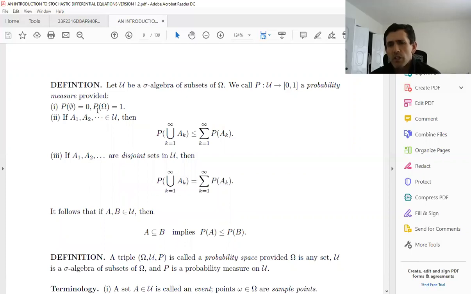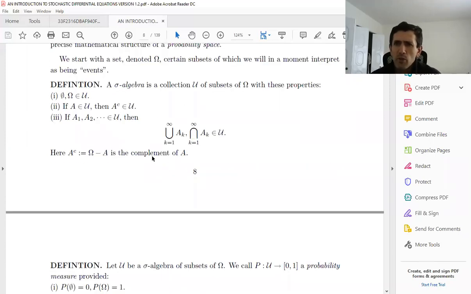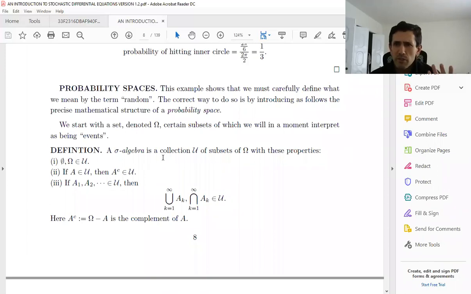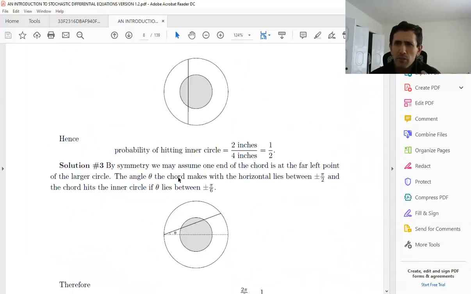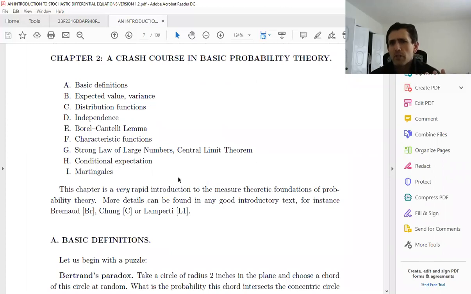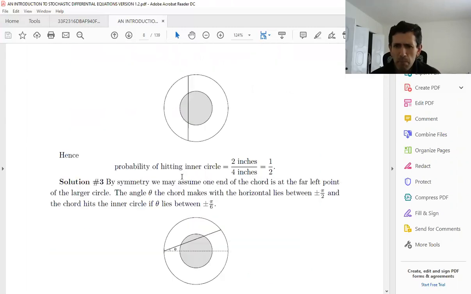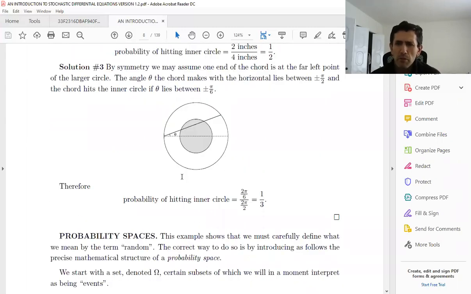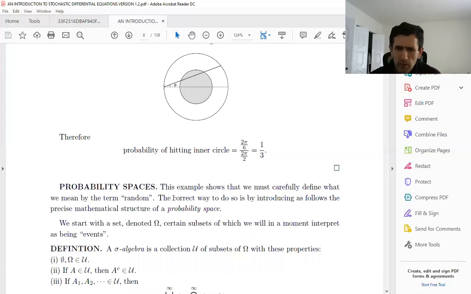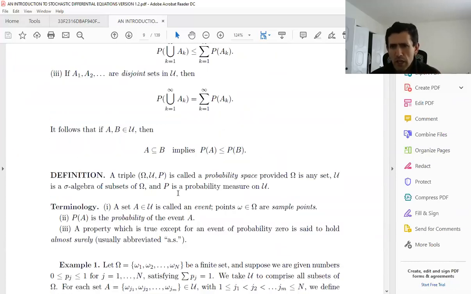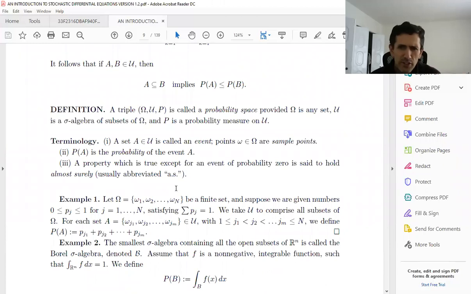I said it was an axiom that the probability of the whole set is 1, and from this you can prove this. But anyway, it actually describes a little bit more of the birthplace of probability, with Bertrand's paradox and the Buffon needle problem. But it describes probability spaces, sigma algebras, events,